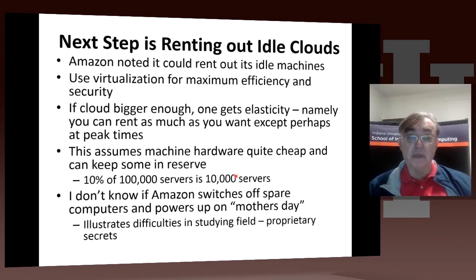That's a weakness of the smaller ones. Some of them are private clouds or science clouds. They're not big enough, maybe, to have a significant reserve capacity. And whether you switch them off or keep them switched on and just bring them to bear is a technical issue, which there are lots of papers that tell you what the trade-offs are.